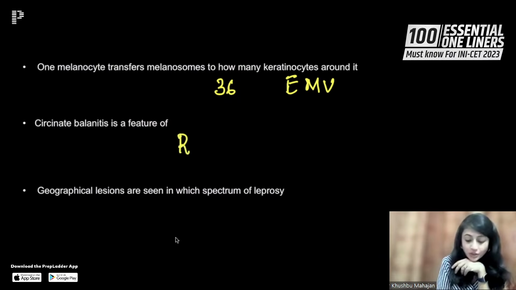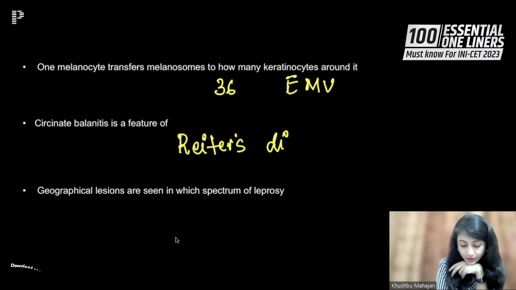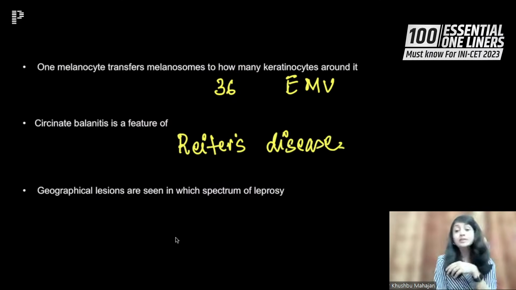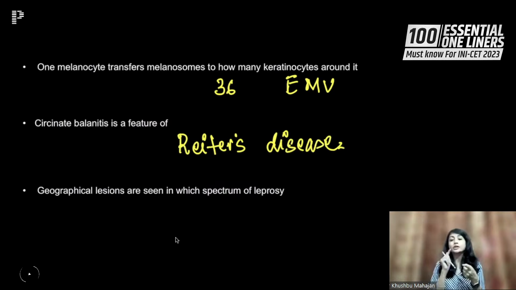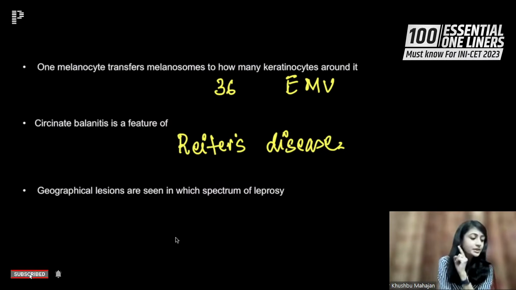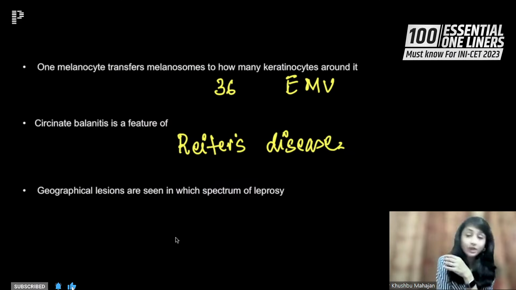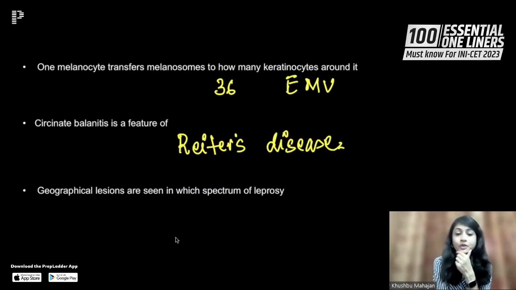It is a feature of Reiter's disease. Keratoderma blennorrhagicum and circinate balanitis are features of Reiter's disease. Please remember, it is not tinea, Candida, or HPV. Divya, you are right, it is Reiter's disease. Next,